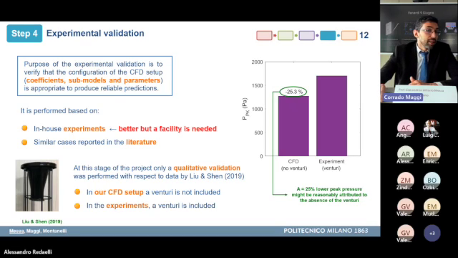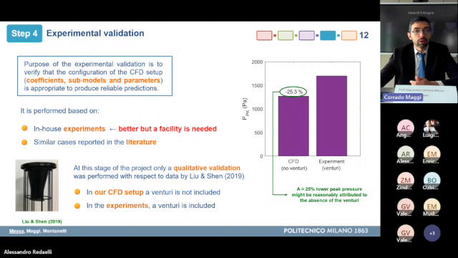And basically, the best way to go would be to dispose of in-house experimental data so that the case is the very case of interest for the campaign. And moreover, by performing in-house experiments, one has all the necessary information to reproduce numerically the laboratory test. This is the best way to go, but clearly it requires disposing of a facility, of experimental equipment, and of experimental know-how.